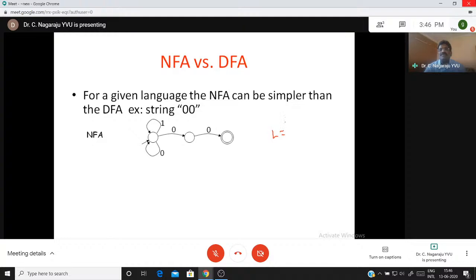Suppose the regular expression we can form like this, right? For this one, here is either 0 or 1,